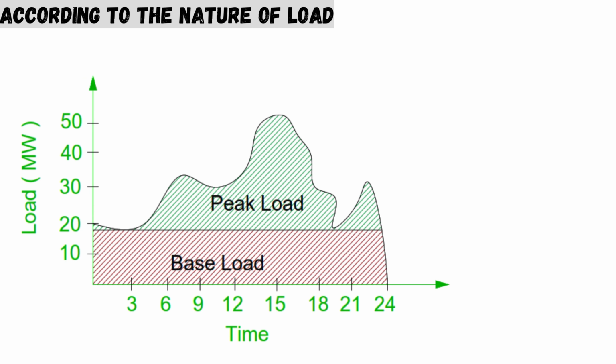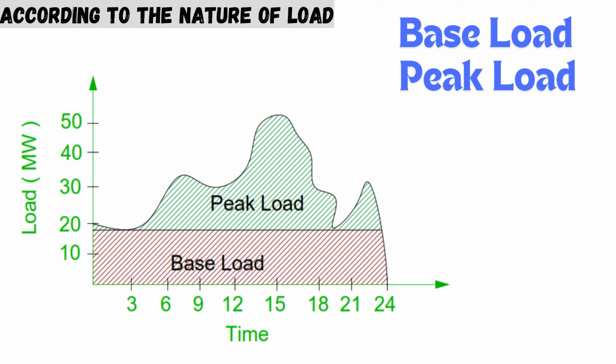According to the nature of load. Base load plants cater for the base load and required constant power on grid. Run-of-river plants without pondage may sometimes work as baseload plant. Peak load plants can supply power during peak load. Run-of-river plants may be made for the peak load by providing pondage.